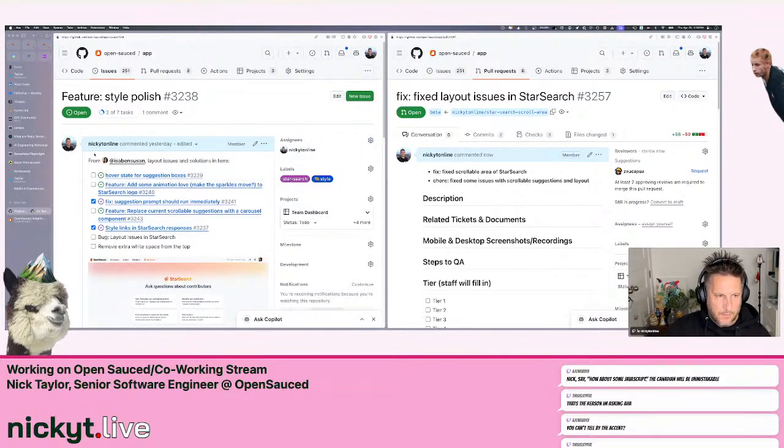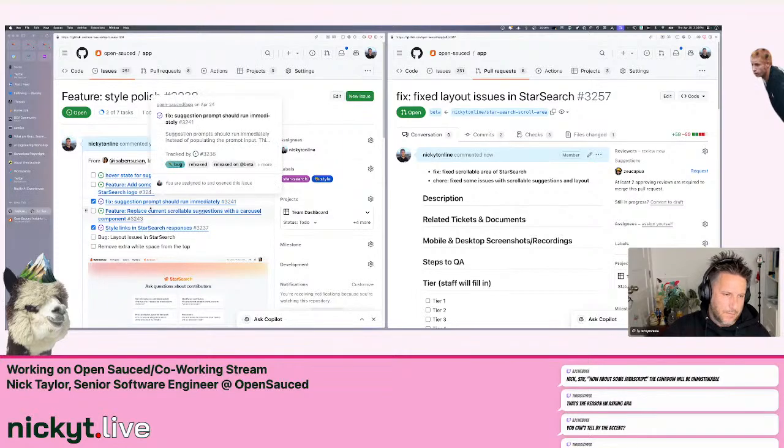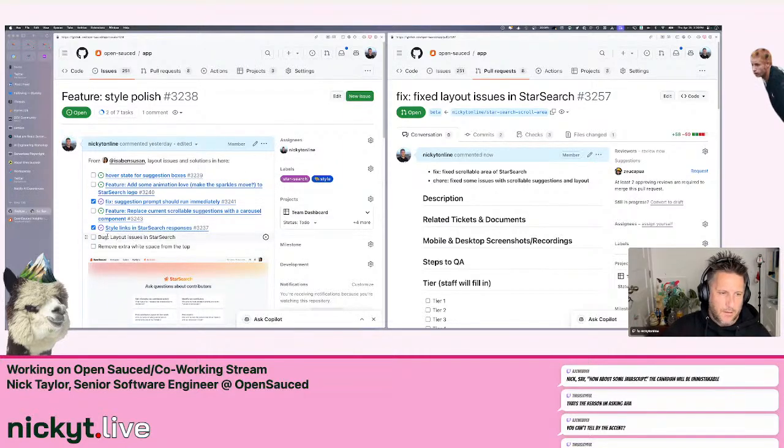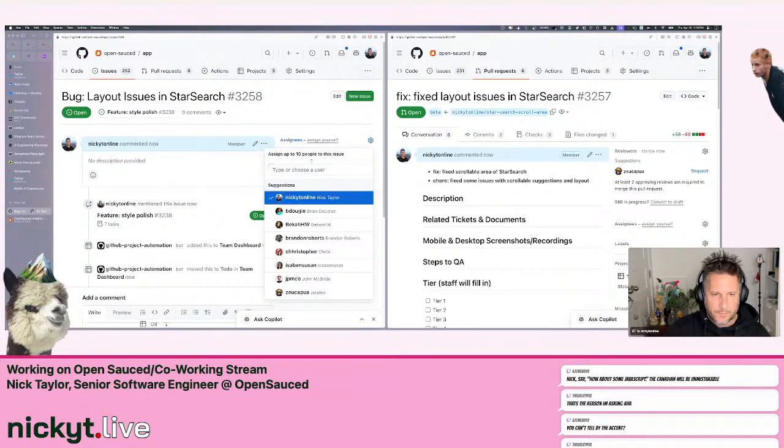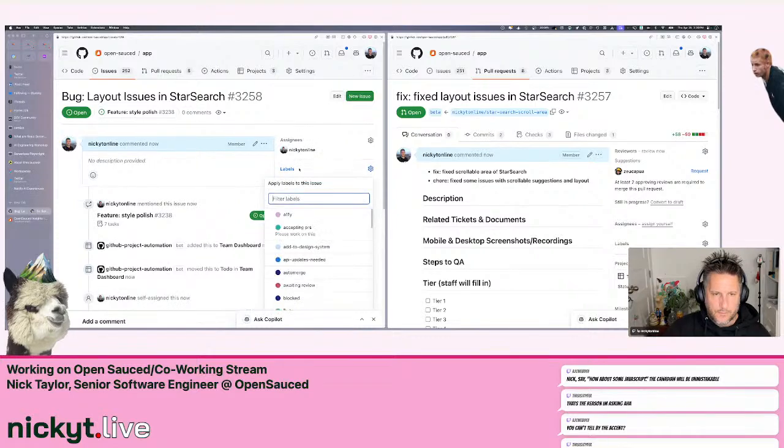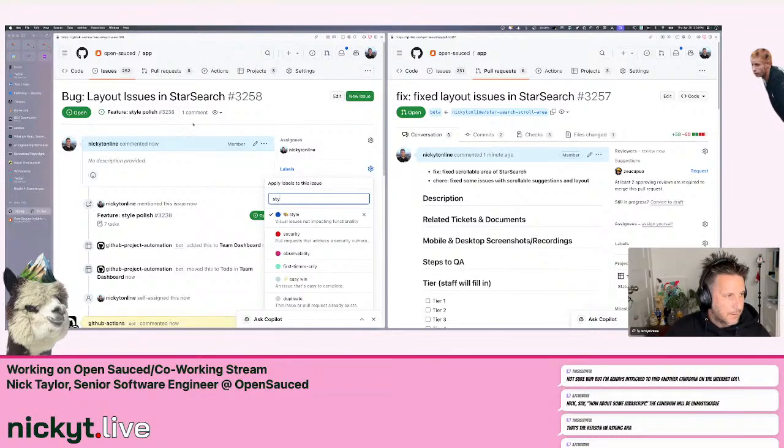And the nice thing about this in GitHub, I don't know if GitLab does this as well, is you create a task list and then you can convert it to an issue. So I'm just converting this to an issue. I'm going to assign it to myself. Give some labels. So bug, styling, and